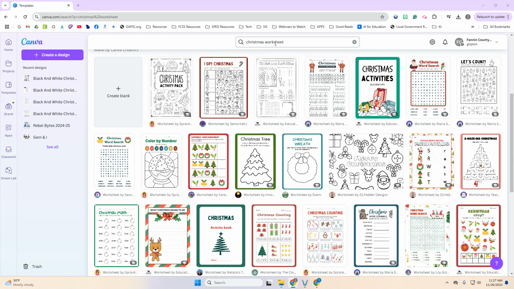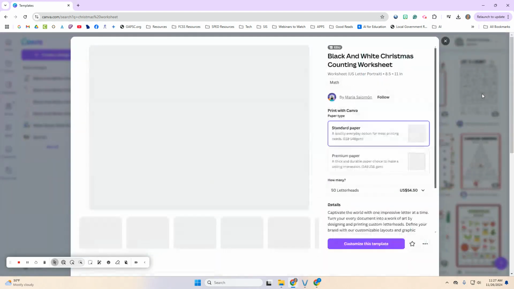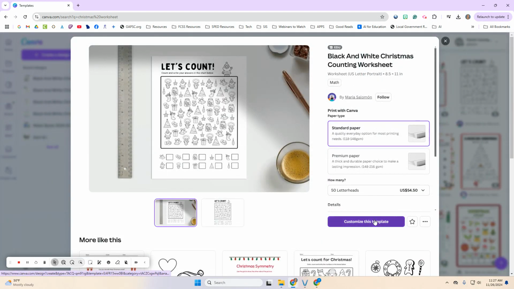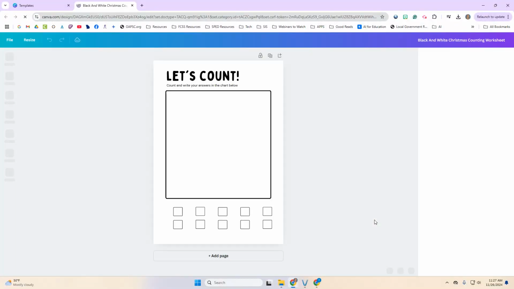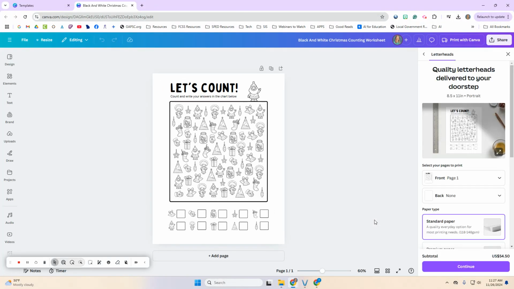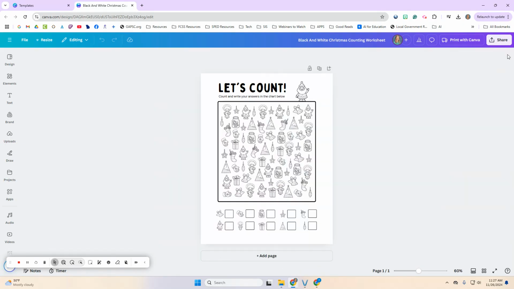So I typed in Christmas worksheet in the search bar, and I'm going to choose this Let's Count and click Customize. I want to create an activity that can maybe be a bell ringer or just an activity that kids could do. And maybe I don't want to print it. Maybe I don't want a worksheet. I want to have it up on my whiteboard for kids to just count from the room,